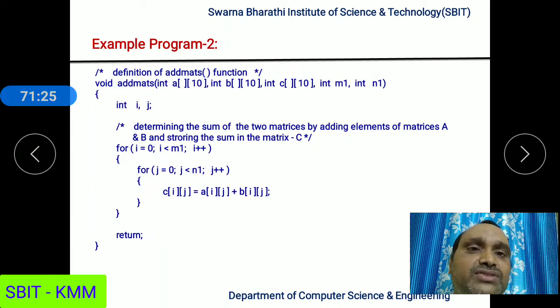So the add matrix function definition is this one. Its header is declared to receive 3 two-dimensional arrays as arguments, with the number of rows M1 and number of columns N1 containing the elements. M value is copied into M1, N value is copied into N1. Now we declared inside this function 2 variables i, j as loop control variables,